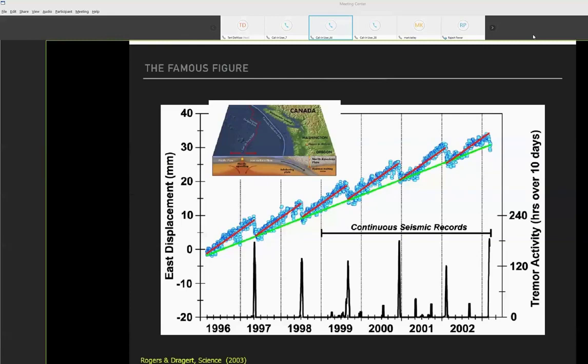And what you see there is a steady buildup from tectonic loading of the displacement toward the northeast of the subducting slab. That is the Juan de Fuca slab subducting under the North American plate. And then you see that the North American plate lurches back toward the ocean periodically. And that periodicity takes place on about a 12 to 14-month cycle. So that zigzag signal represents a number of slip events, and during each slip event, there's a burst of what's known as non-volcanic tremor taking place as well. Now, this is the slowly slipping portion of the slab, and I think that's shown in the next slide, Raj.